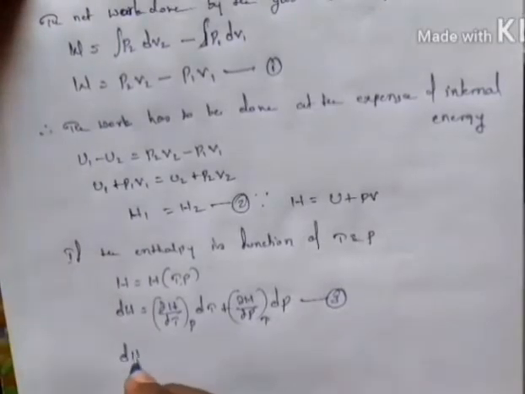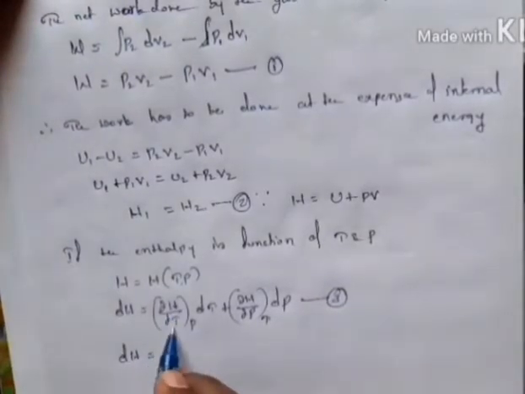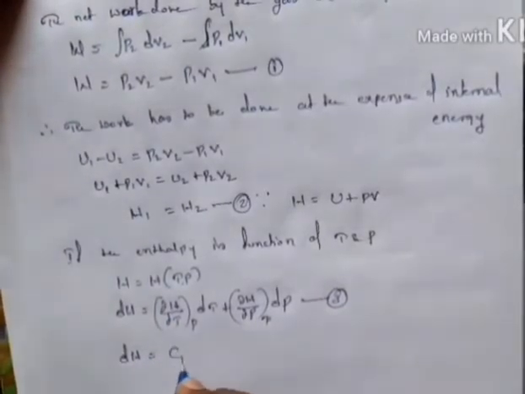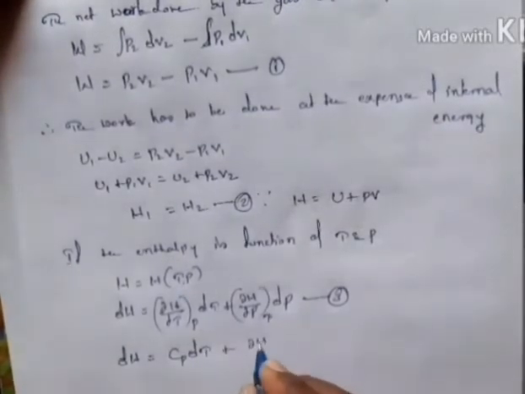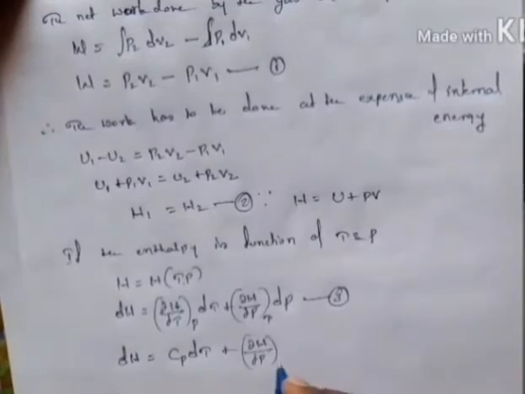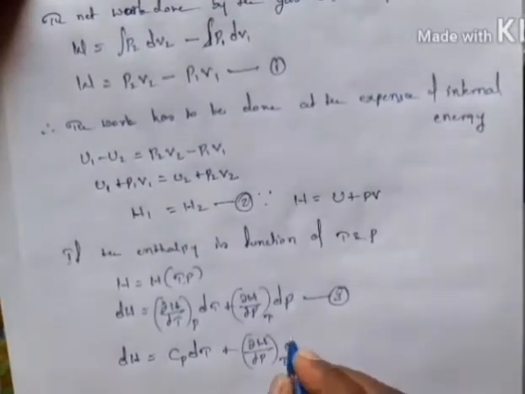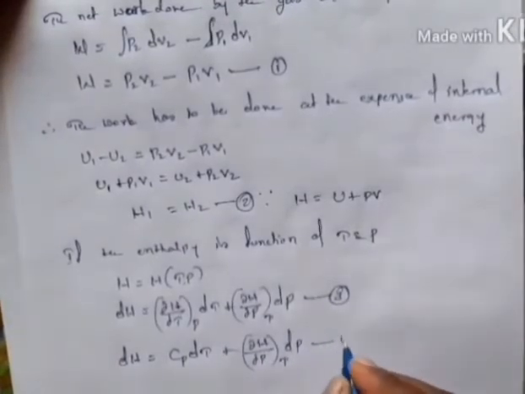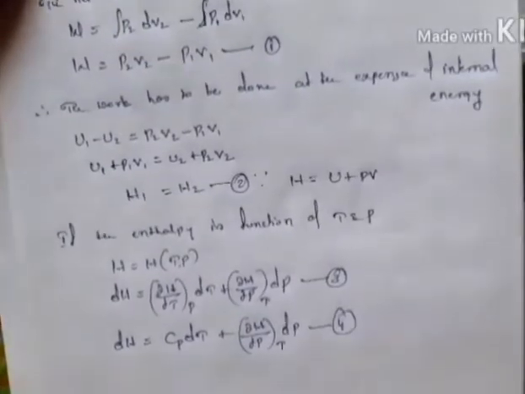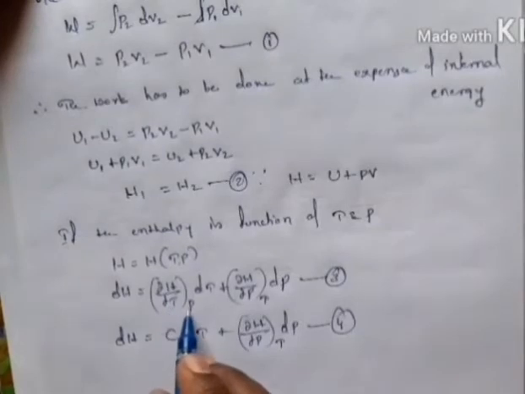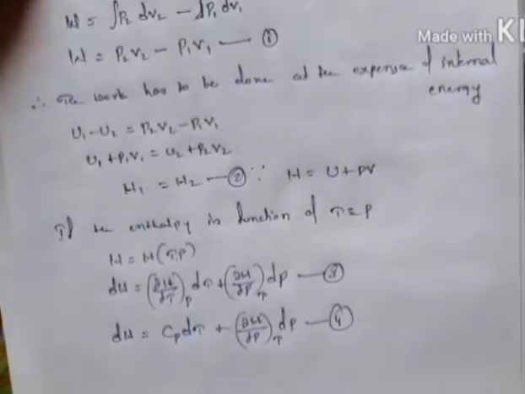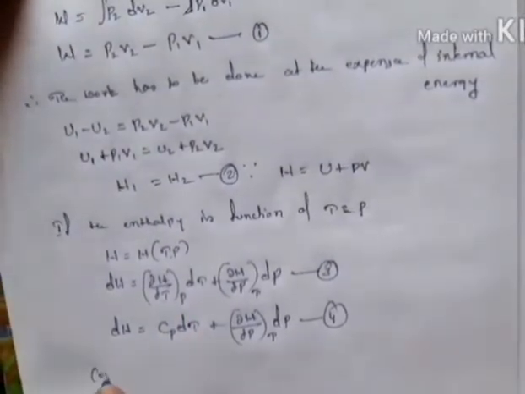Now dH is equal to (dou H divided by dou T) at constant P, in the sense Cp, into dT plus (dou H divided by dou P) at constant T into dP. Let us consider this as equation number 4. Here Cp is dou H divided by dou T at constant P. Let us consider